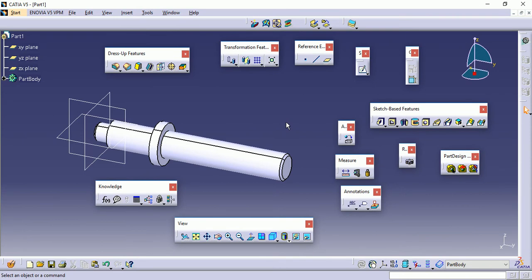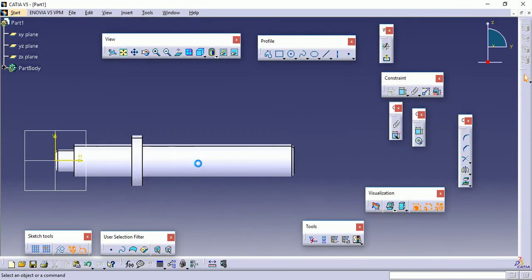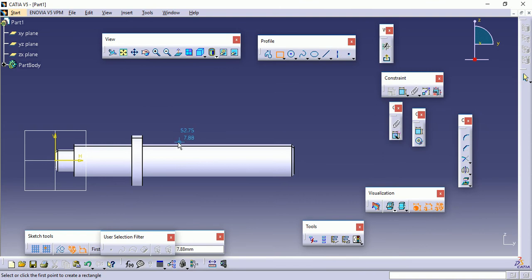Next we have to create a through all cutout on this particular section. So its dimension is 49 by 7. So first I make a rectangle, this, and now we will give the dimension 49.